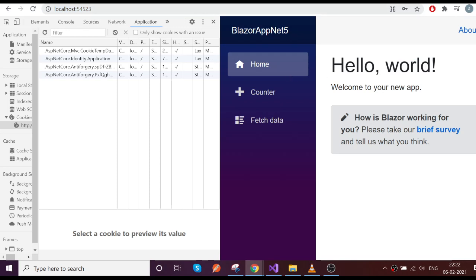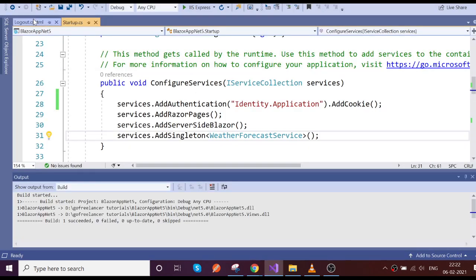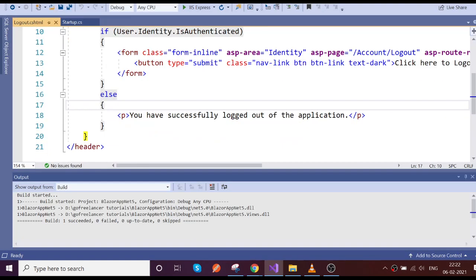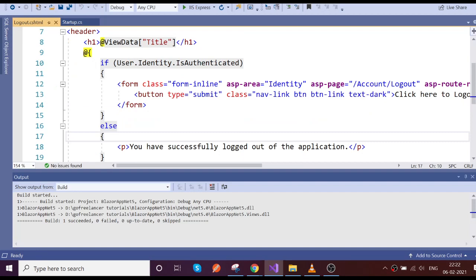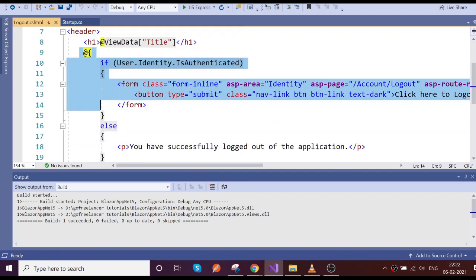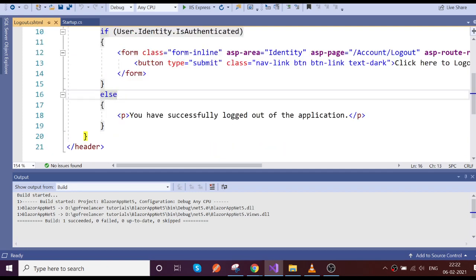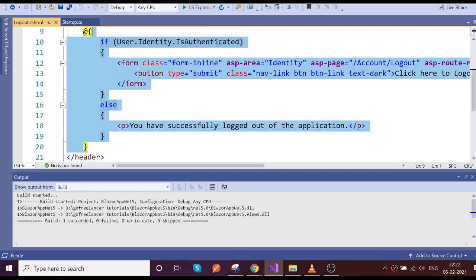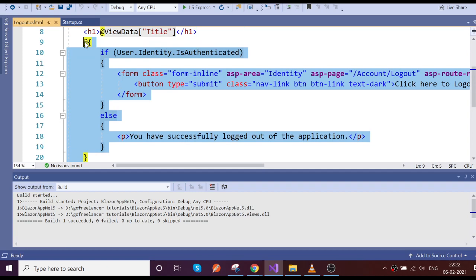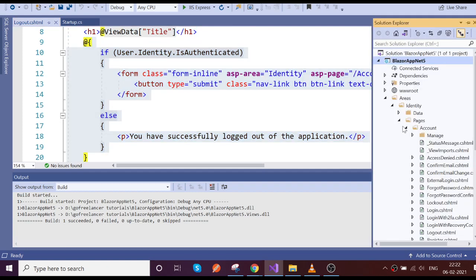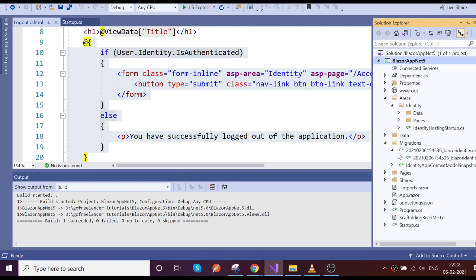So this is a way to achieve login and logout. We can also try this out: just copy and put it in our navigation. If our application is logged in, then it will show a logout button. We can add those things in the navigation page.